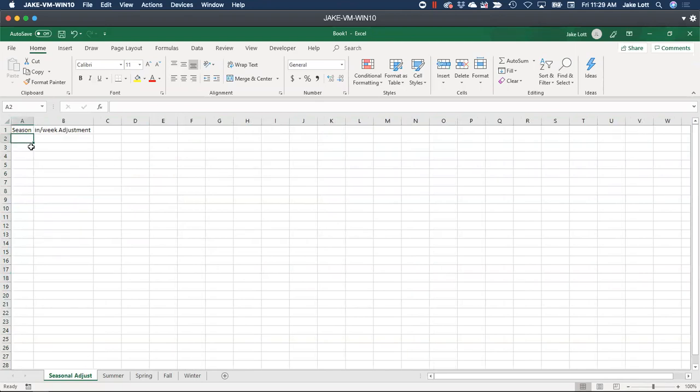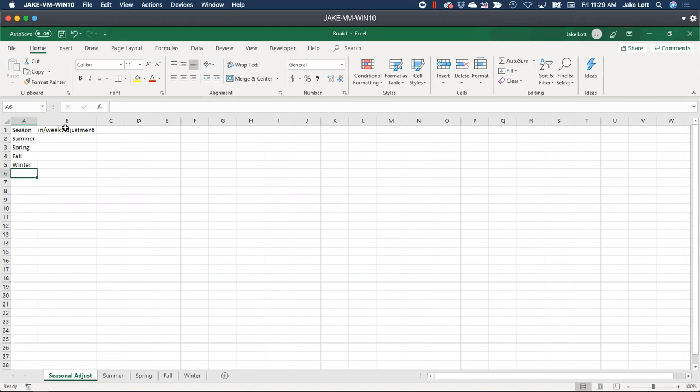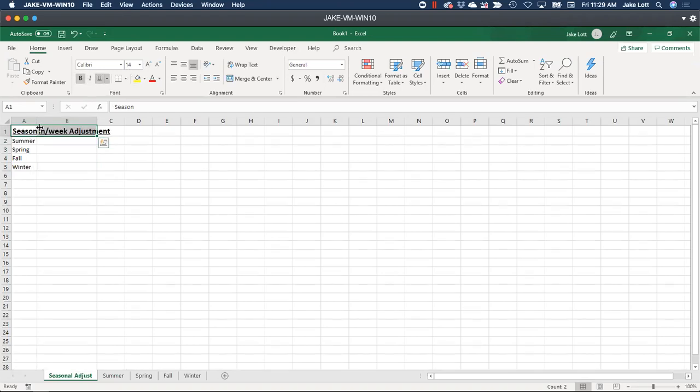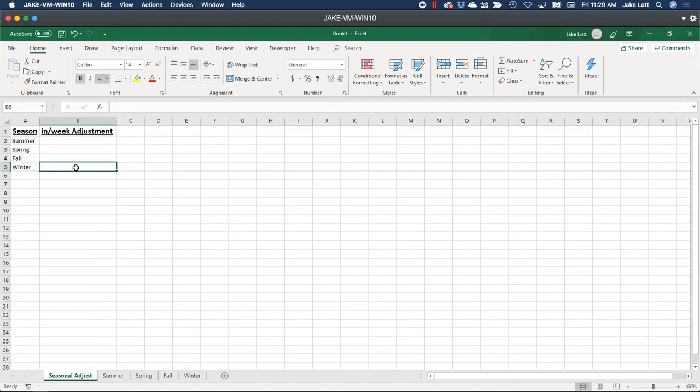So back here, what we're going to want to do is put in all of our seasons here. Double click, make it wide, and then our adjustments here. I'm going to go ahead and format, because I know, and again, if we're going to save formatting for the end, that's good, but this is all my spreadsheet's going to be for this tab. I want these to be in percentages. I want those to be just a little bit bigger, maybe bold, maybe underlined, and get those adjusted.